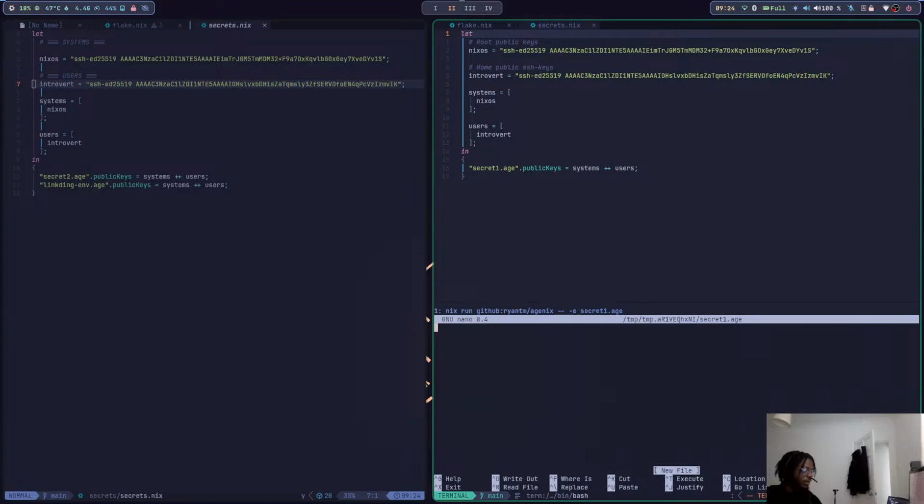As you can see, we get a temporary file, and you can see it points to a secret one.age file. So whatever we put into this file is going to get encrypted. The only person that would be able to decrypt this key is your public SSH key that you pass in. And if you pass in more public SSH keys, then they would all be able to decrypt and encrypt these keys. So I'm just going to put, I don't know,